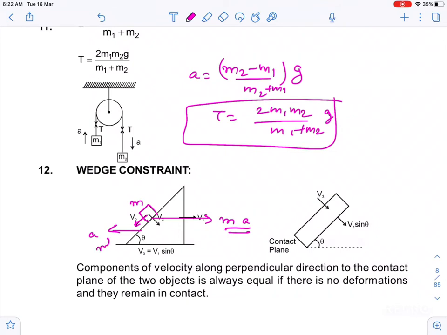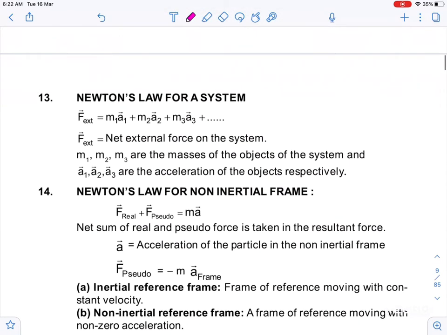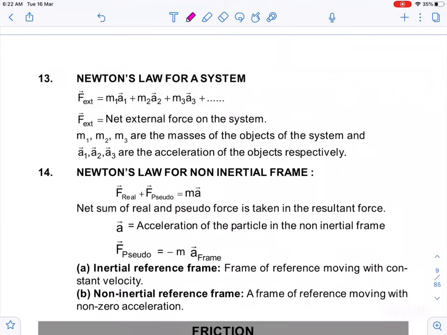Suppose it is sliding like this, so mg sine theta will act along this component, guys, because mg is acting vertically downward, so mg sine theta is acting along this direction. You can take the component of pseudo force along this direction and equate these two to get the value of the required acceleration. Now guys, actually pseudo force is only applicable when you are analyzing the problem in a non-inertial frame. So pseudo force is only taken into account when you are dealing with a non-inertial frame.